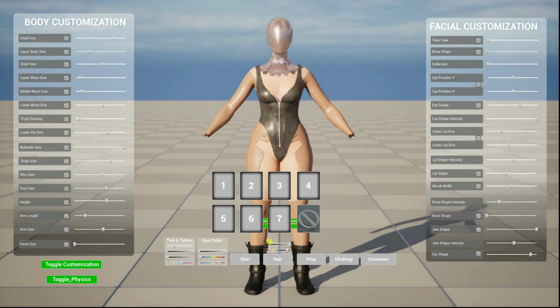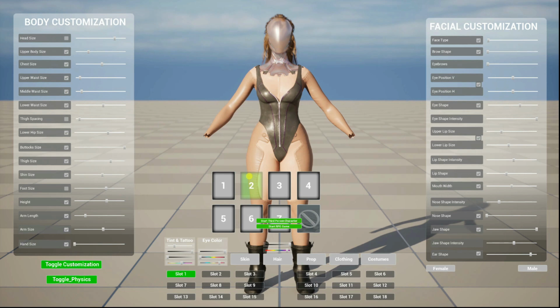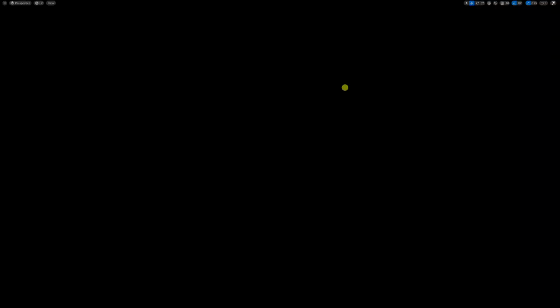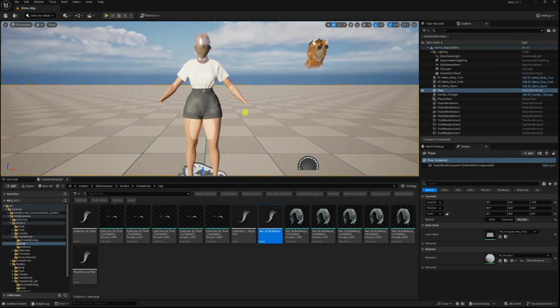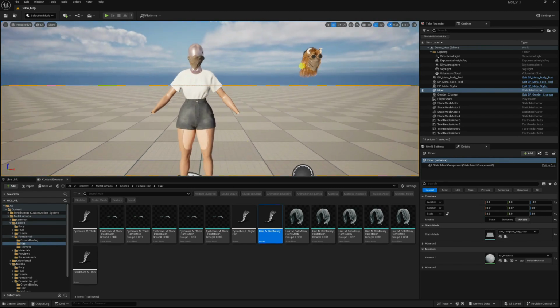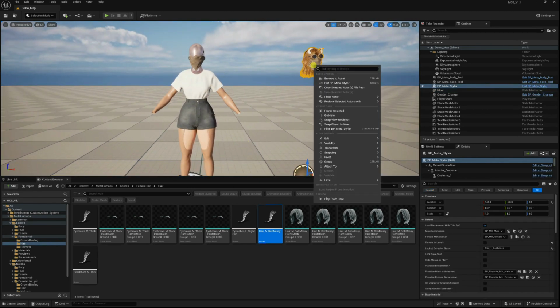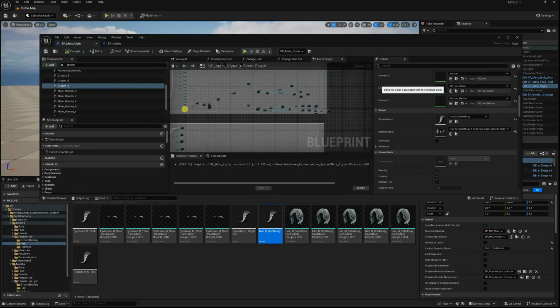So if I click on hair here and choose maybe number 2, I will get Natalia. If I choose number 1, I will get Kendra. Okay. So I don't need to jump to the customization level. I know it's working. Let's set up the skin, and then we'll jump to the customization level where the metahuman is, so that we can see the effect. So for the skin,